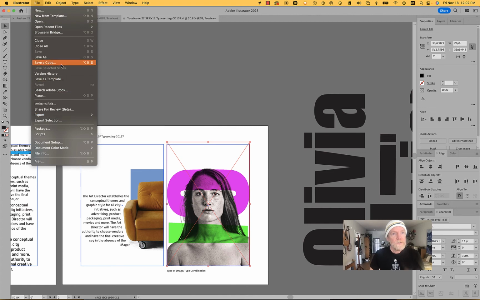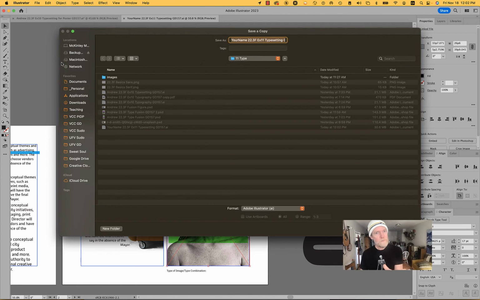So from here, you're just going to save a copy. This is part of the process for your poster, so this is not a totally separate exercise. I just want to use this exercise to focus on learning how to use the type tools and combining type and image. And so you're going to save a copy